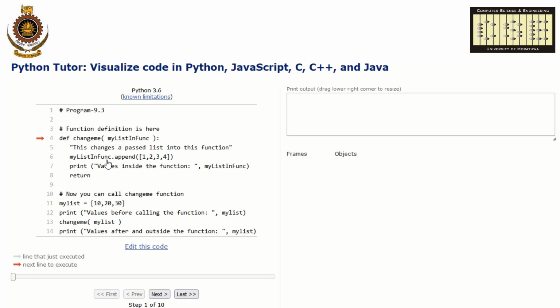So I'm assuming that this parameter is also going to be a list because I'm calling the append function of the list object, right? And then I print values inside the function and then return, right? So let's execute this program and see how the memory management happens and also what the outputs of the execution of this program are. And so at the beginning, in the global frame, or the global memory, Python creates a